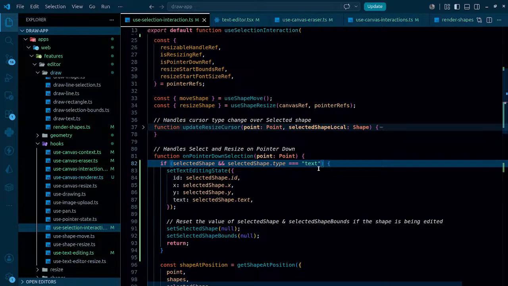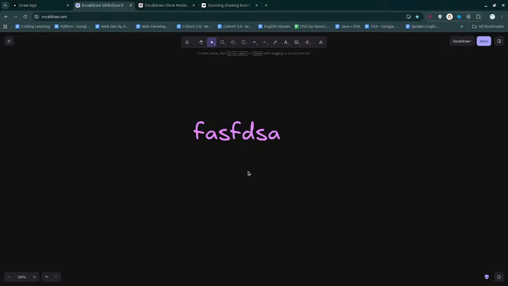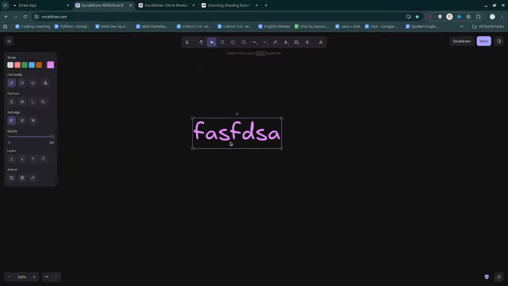So this is happening on pointer down. On pointer down, we need to do something, because in this particular case, if we just click, it just simply starts editing. But if we just simply move,